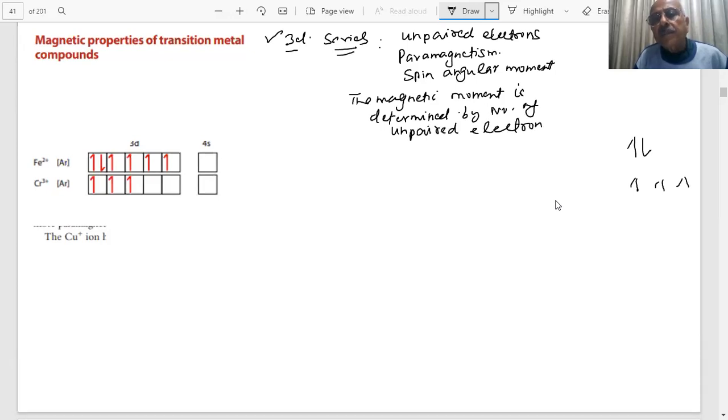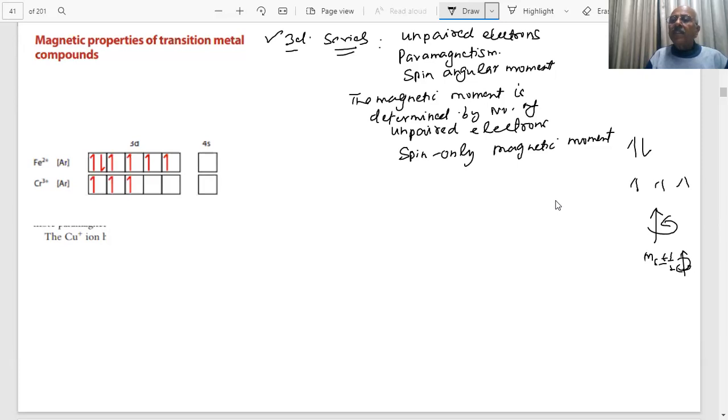And what magnetic moment am I talking about, student? I am talking of spin only magnetic moment. Meaning the electron is spinning around its axis. As I said, this is the electron, it is spinning around its axis. It has two spins, I have told you, plus half and minus half. You have ms plus minus half, two spins. One is like this, the other is like this. So the electrons are spinning around their axis. If they are paired, these equal and opposite spins quench, they cancel each other.